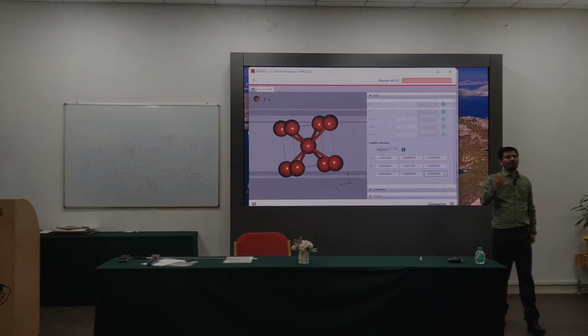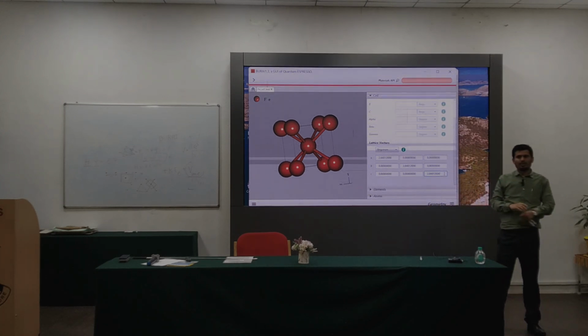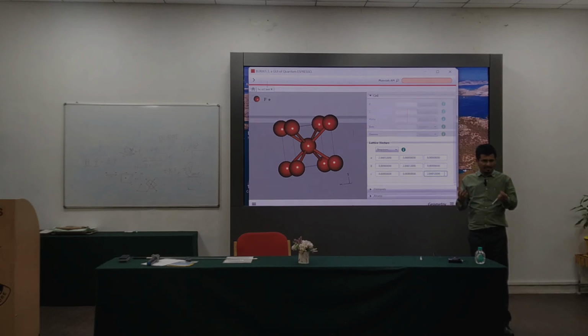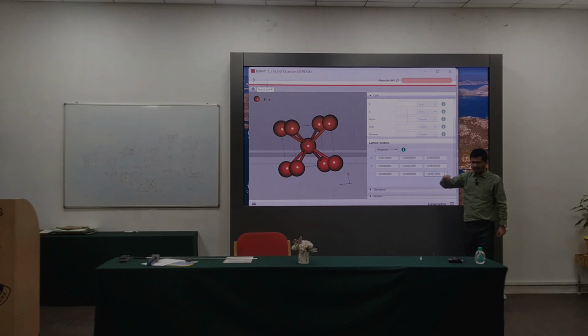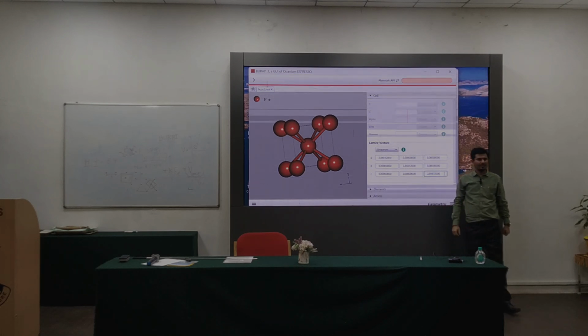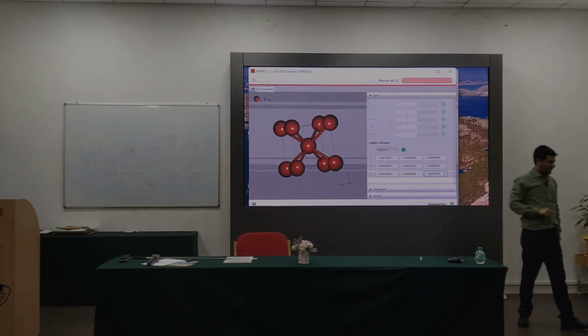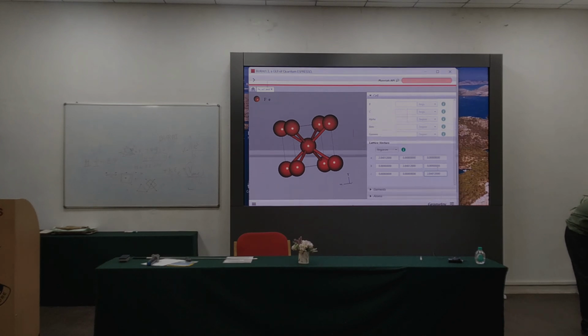So suppose somebody is an experimentalist, they can produce their crystal structure or their sample. You can get from them what the A parameter is, okay, and you put it here. Is it clear up to this much? Okay. So the lattice parameter is designed. Now